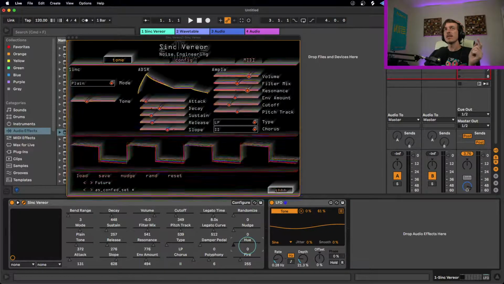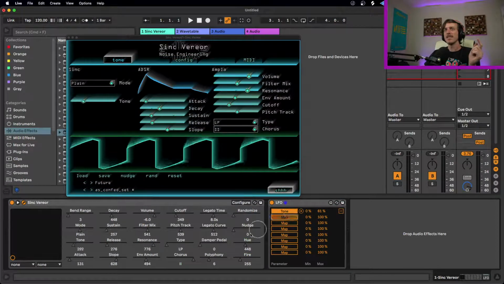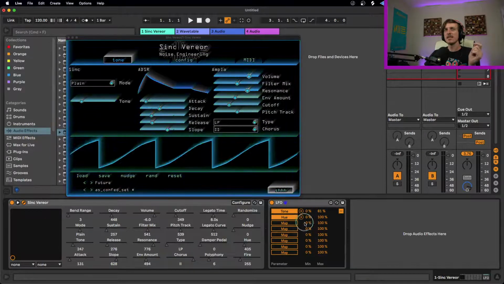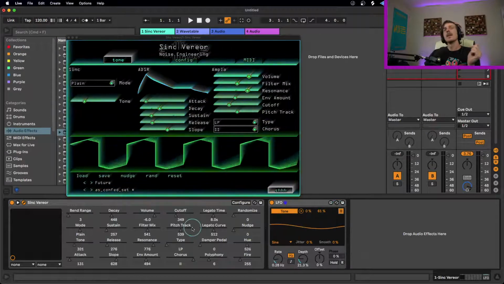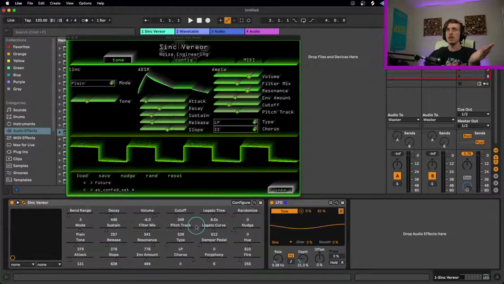Oh, you can automate the color. That's cool. I didn't see that before. I want to apply that to the color. Sweet. All right. But yeah, that's kind of the idea for the sync varior,